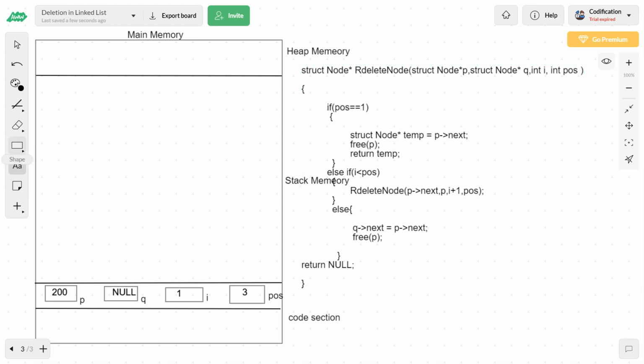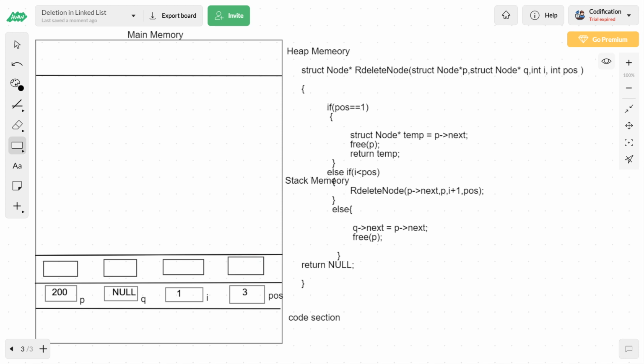For that call, one more activation record will be created on top of the existing activation record. Inside this activation record, 4 blocks will be created: block number 1, block number 2, block number 3, and block number 4.